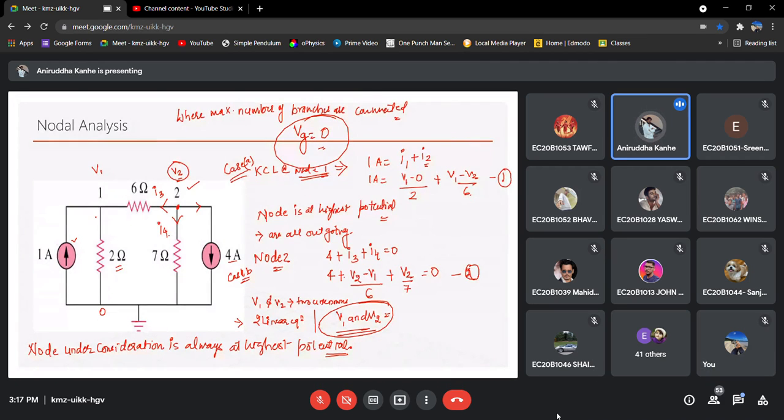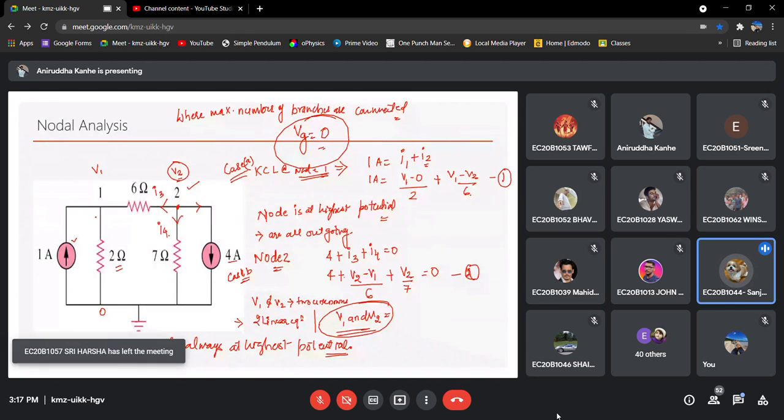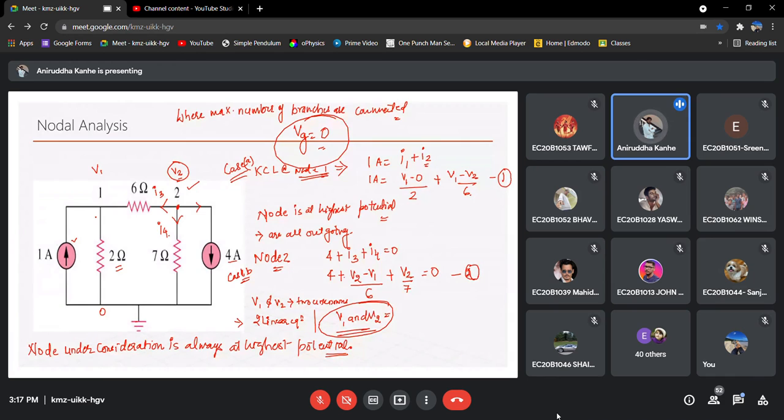Sanjay Reddy is writing some 168 minus 78 is 98 instead of 90. May I know what Sanjay wants to tell? Whether he is getting minus 2 and minus 14? Yes, sir, I got it, sir. While doing it, I took 168 minus 78 as 98 instead of 90, sir. Fine, I did a mistake. Okay, good. And Bhavya Shri got 5 and minus 14. Are you now able to get minus 2 and minus 14? Sir, I'm checking, sir. I got 5 only.